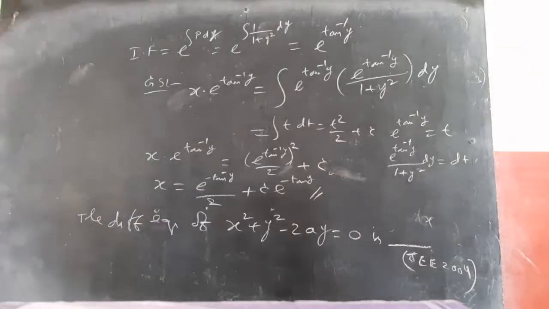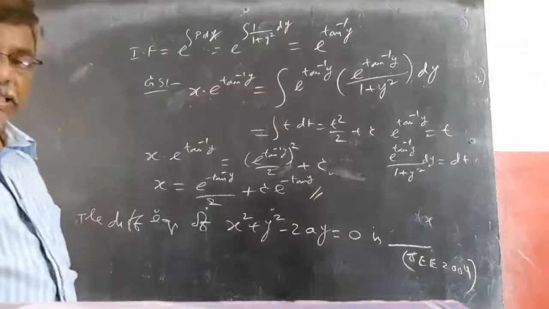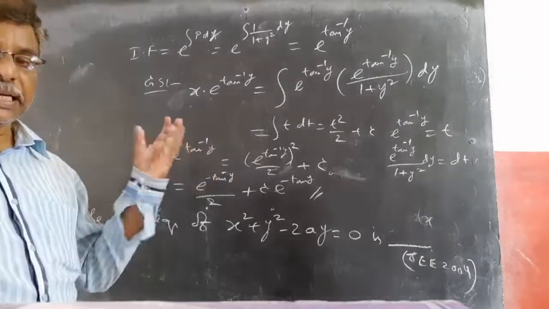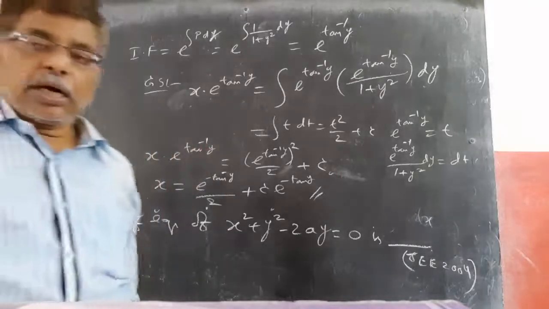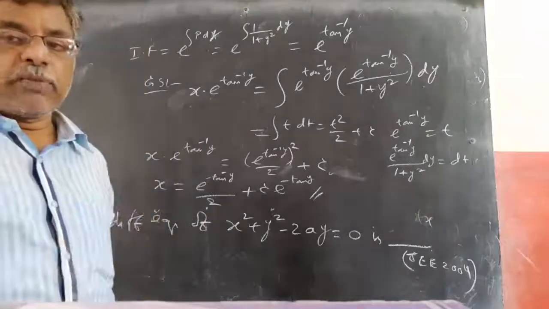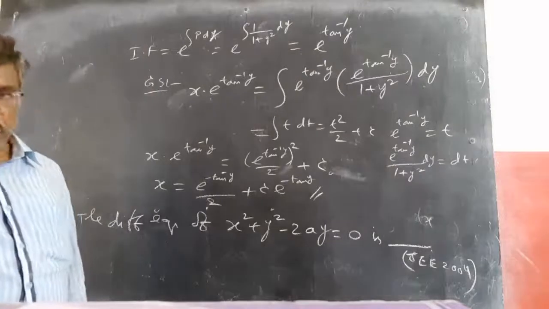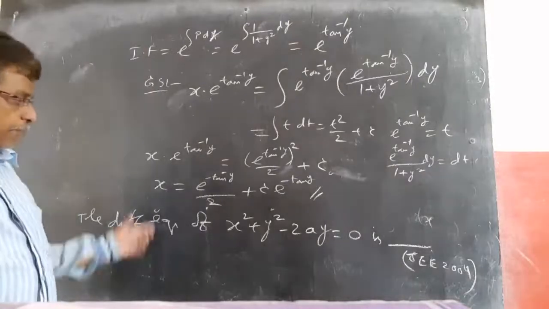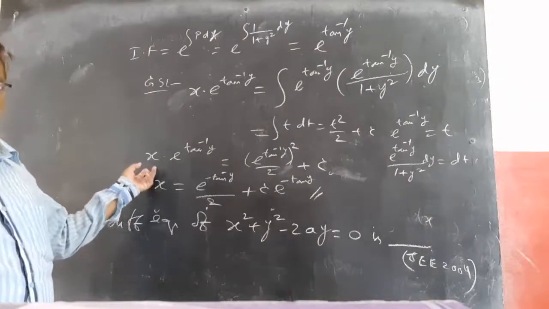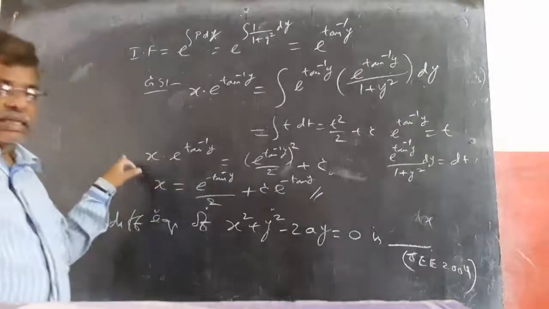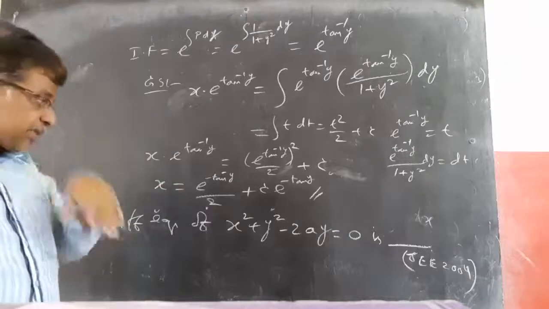For differential equations, maximum they are asking degree, order or solving. Solving can be linear or homogeneous or variable separable. The previous one they gave variable separable with d square y by dx square to confuse you. But here they directly give a linear equation. Most of the questions are linear only. That is also there if you observe previous questions.